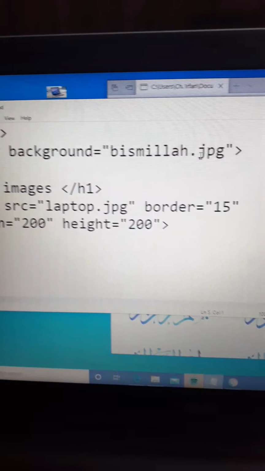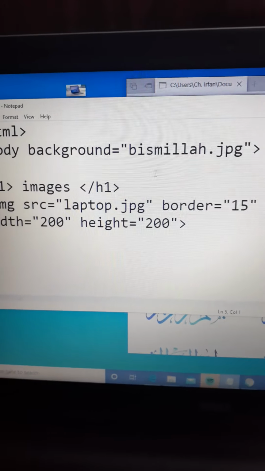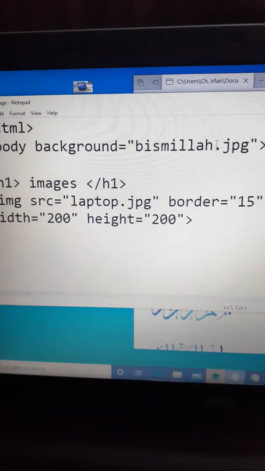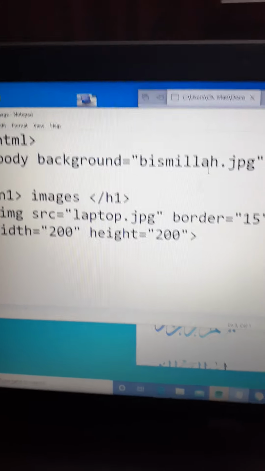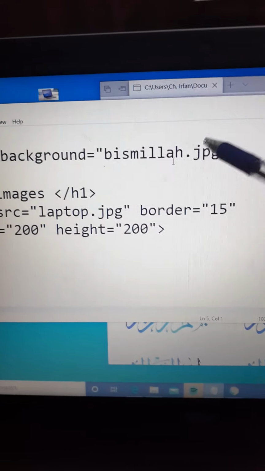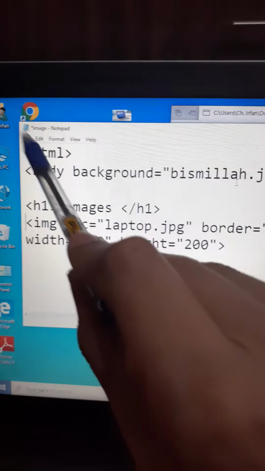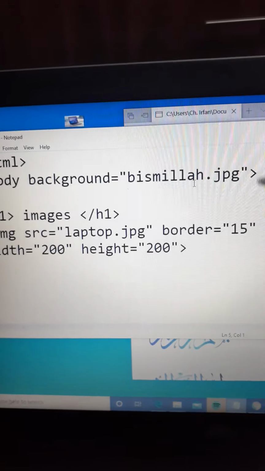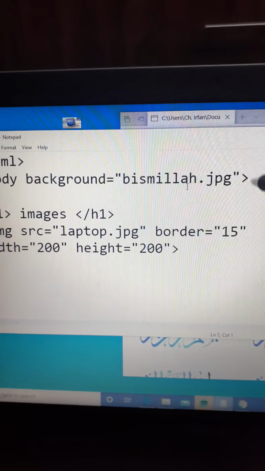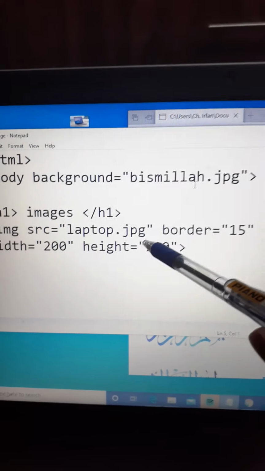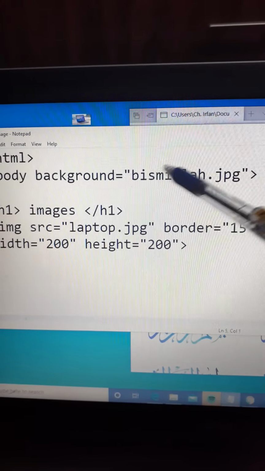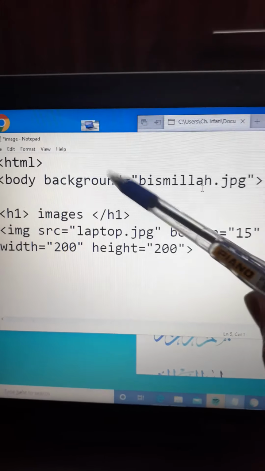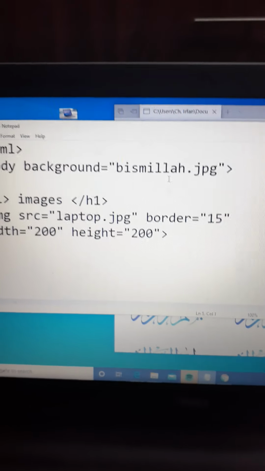I have written bismillah.jpg. So what I have done, this is the jpg file in the same location where this image.html file is saved, right? And that laptop.jpg, these two files should be there in the same folder where this image file is saved, right?